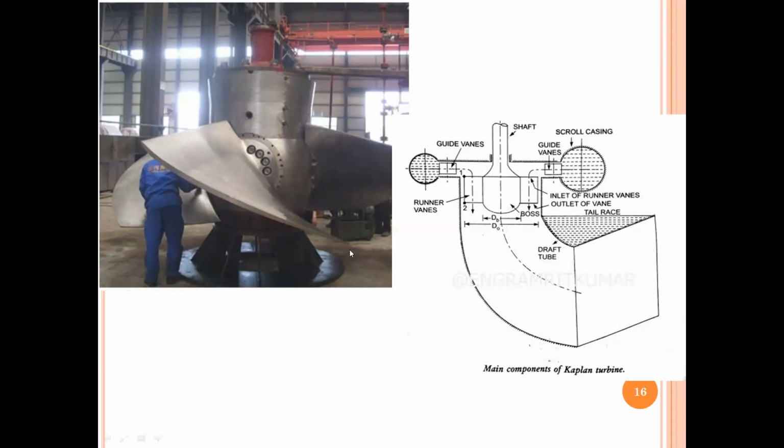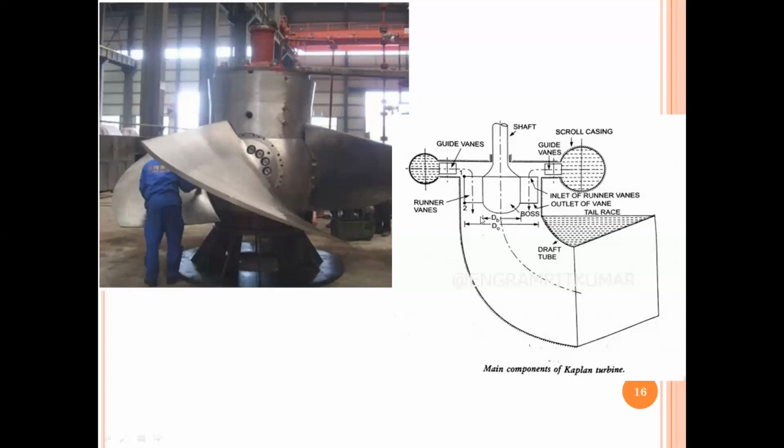So the adjusting factor is because, as I told you earlier, the head is not always the same, you have varying head. So that's the reason, based on the varying head, I can change the angle of my blades or vanes which are attached to the runner. Okay, and typically the runner is called hub or boss. Now in your exams, this is a typical diagram you are supposed to be drawing for a Kaplan turbine. You have your guide vanes, you can see it is quite a distance, and from here it reaches your turbine.